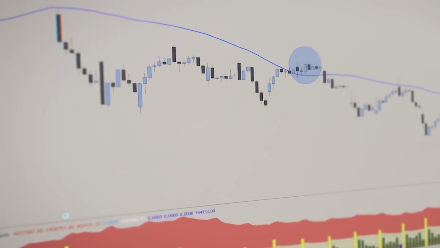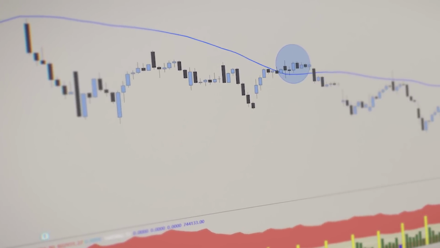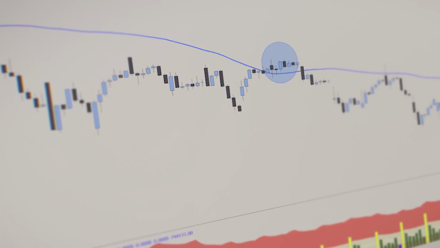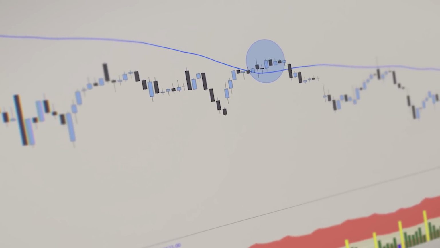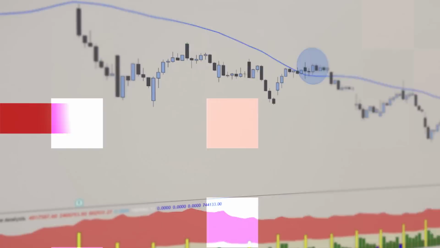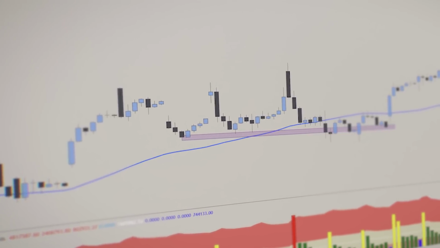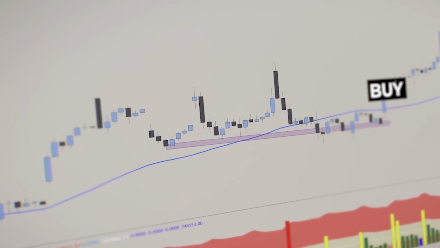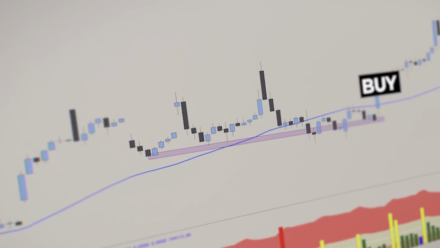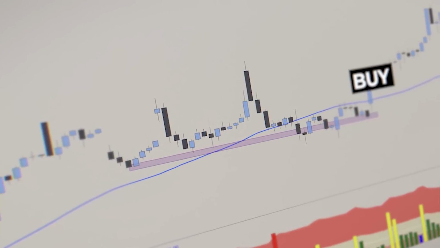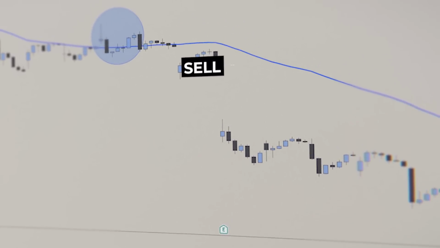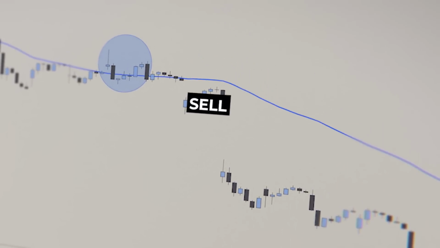And just keep practicing spotting the pattern. Study all charts to compare tells of real versus fake signals above or below the moving averages. And most important, when you find another liquidity run above or below a previous key level, you have found the strongest signal. With experience, you'll get better and better at making the difference between genuine trend changes and traps set by the smart money. And this strategy won't work perfectly each time, but it has served me well over the